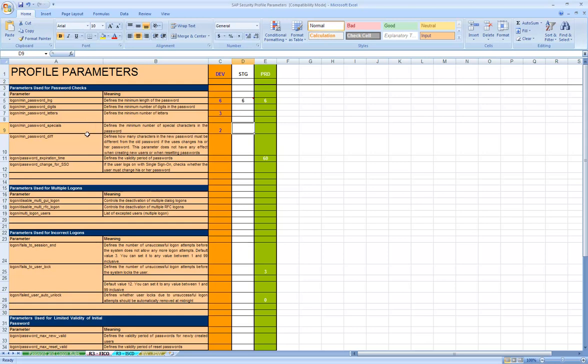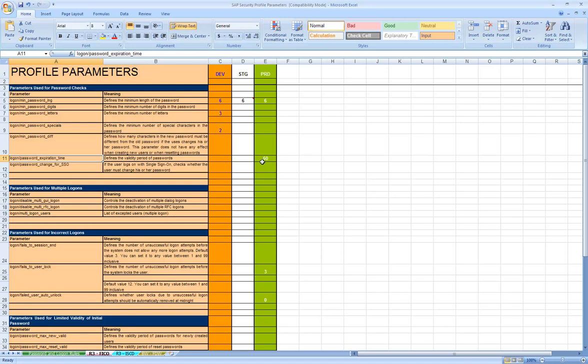Now, for example, this is also a very important parameter, login/password_expiration_time. It is very important for production systems. This parameter defines the number of days after which the user's current password will expire.